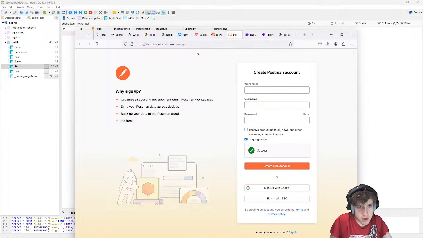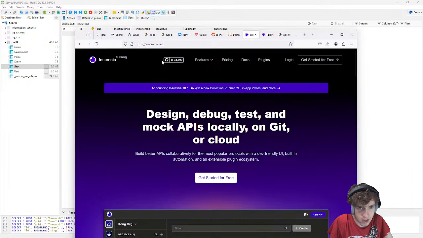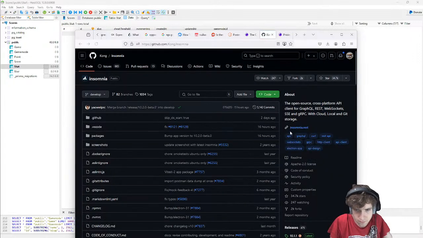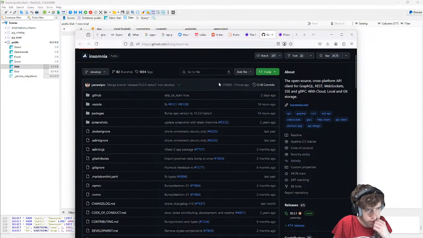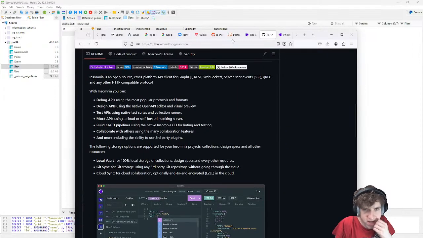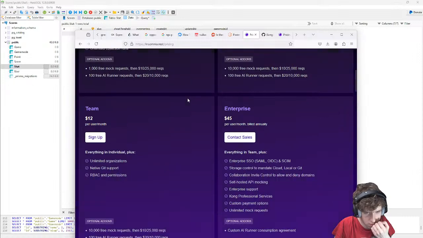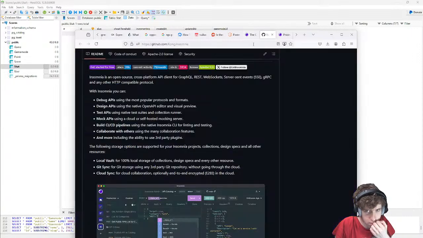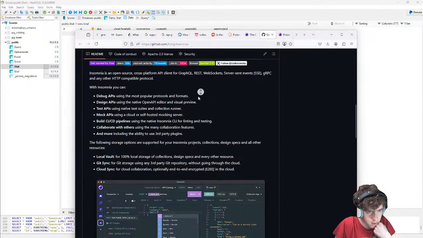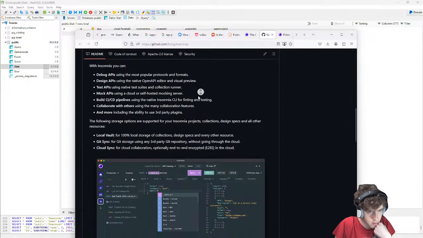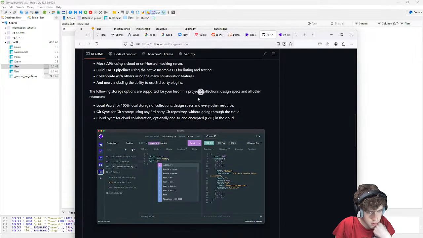The issue with Postman, it's not open source. I found this, it's also not open source. I guess, is it open source? Oh, it's under Apache license. Wait, then why is there pricing? Open source cross-platform API client. Okay.